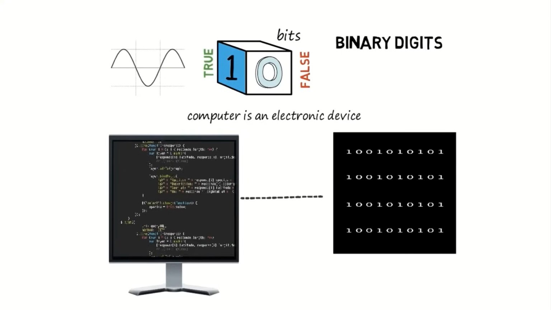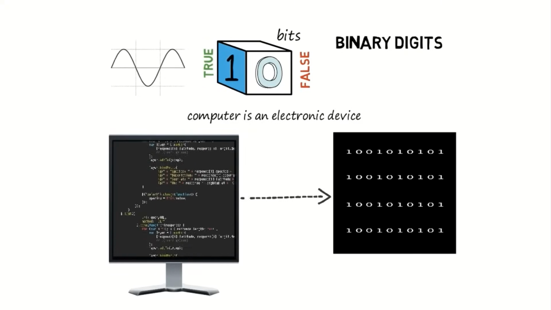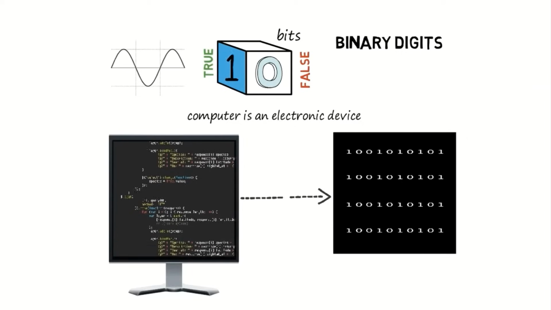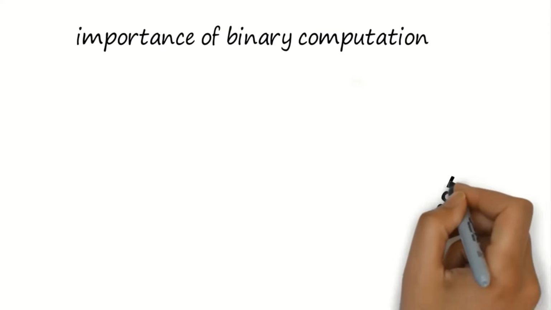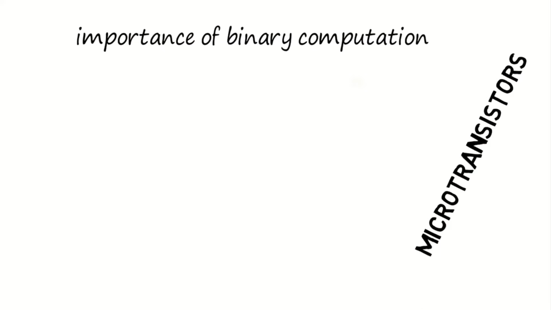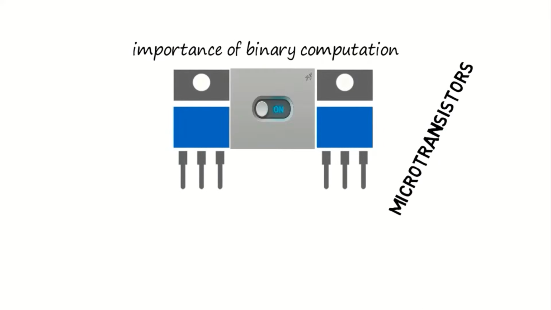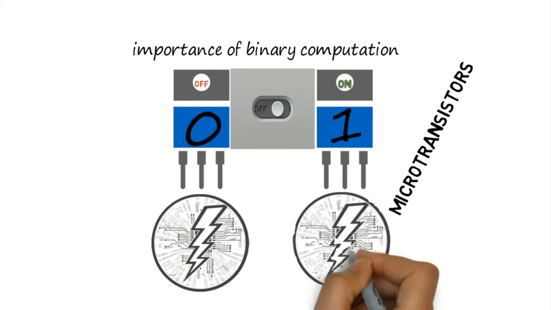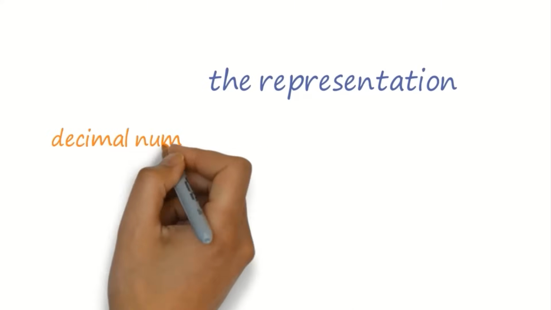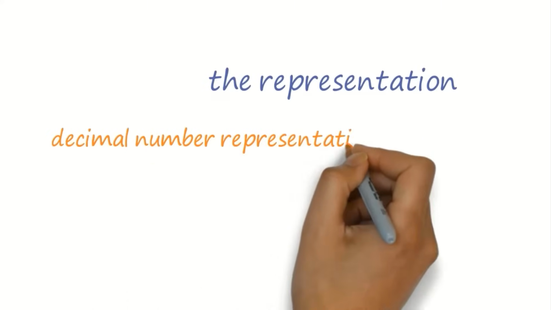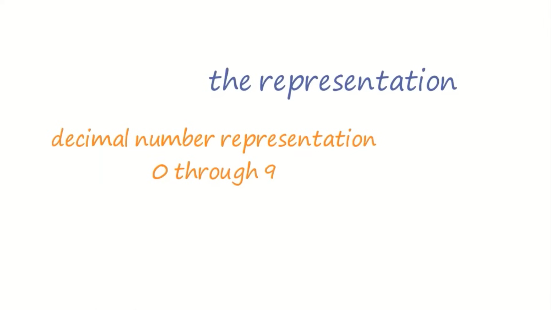So till now, binary is used by computers for representing programs and files. Everything a computer does comes down to what are known as microtransistors: simple tiny switches that have two states, on and off, with a very weak electrical charge. With decimal numbers, there are only 10 possible values. A single digit can be 0 through 9. If a number is larger than 9, then we have to add a digit in front. The same thing follows in binary.